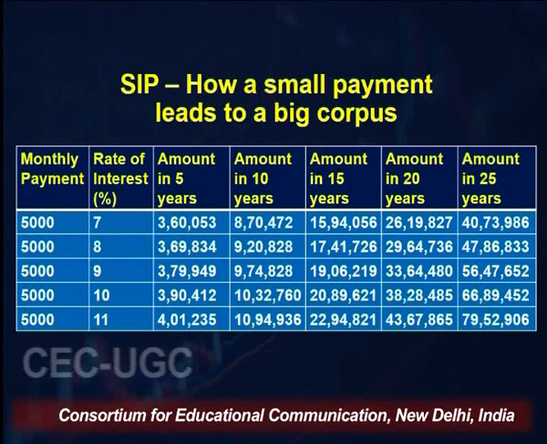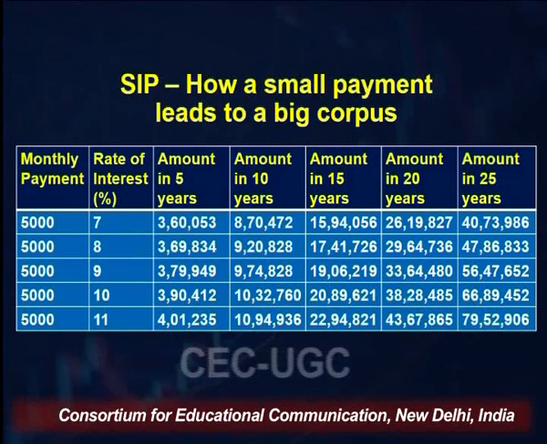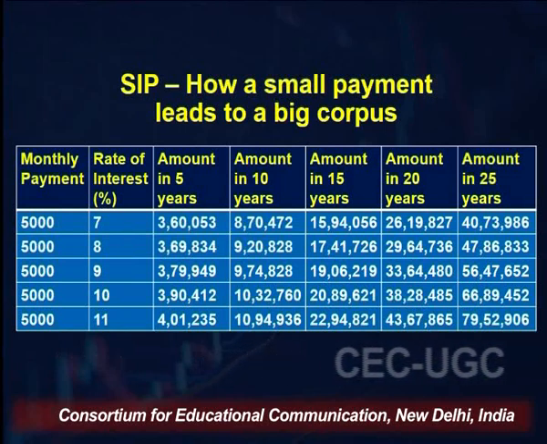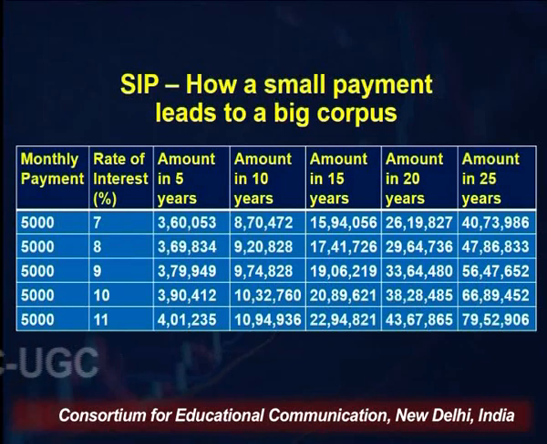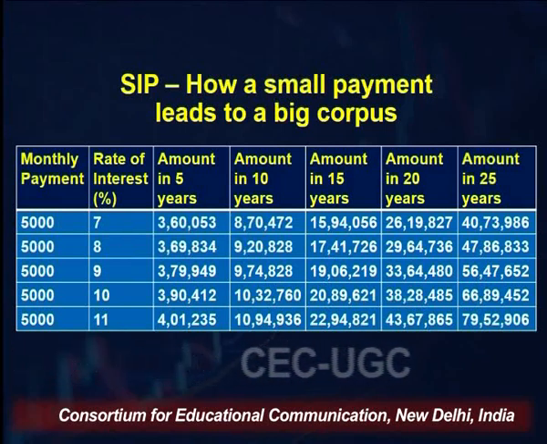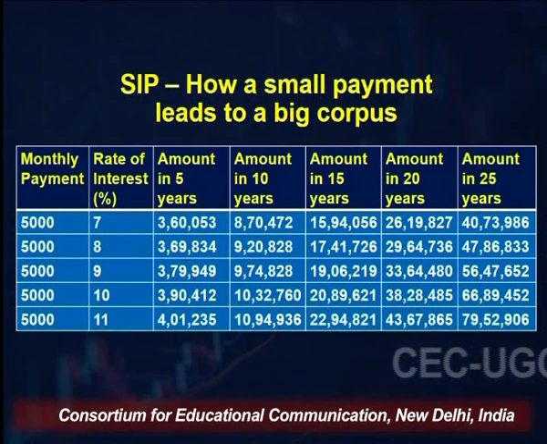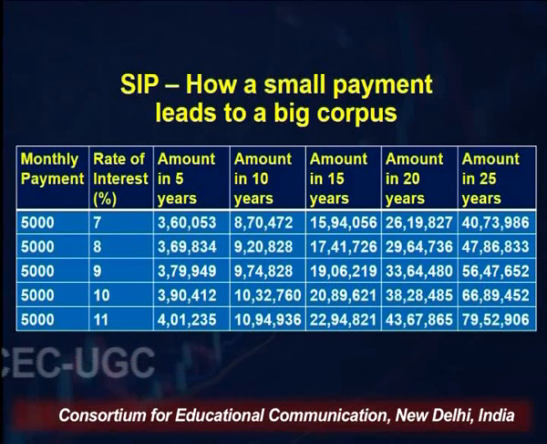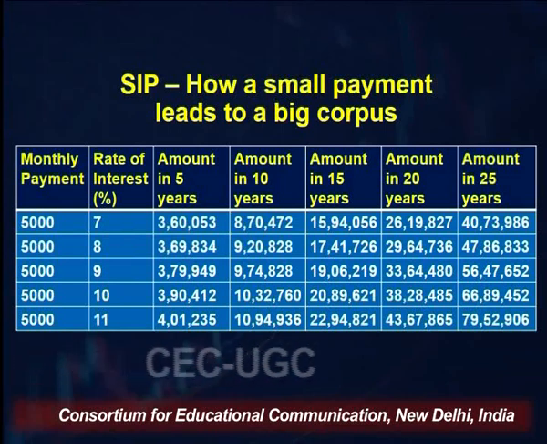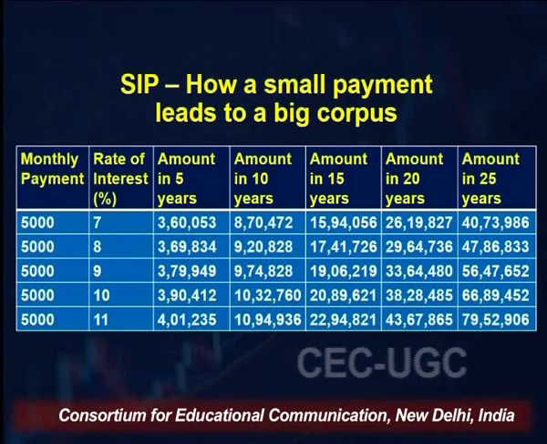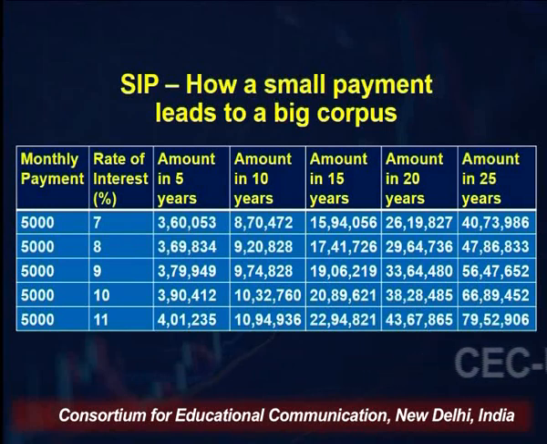If you regularly invest this 5,000 rupees for 5 years, your investment is 60,000 rupees per annum, which comes to 3 lakh rupees in 5 years. I am presuming a very moderate return of 7%, so the amount you will get is 3,60,000 in odd figure. And if this amount is invested for 25 years regularly, this amount will become